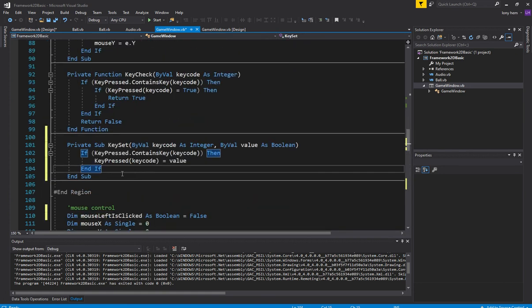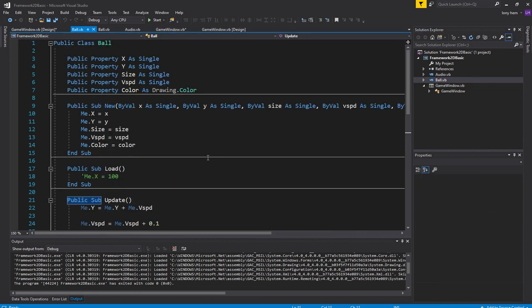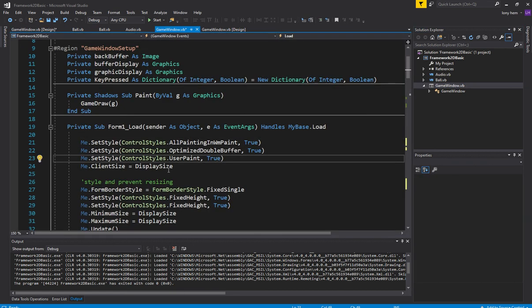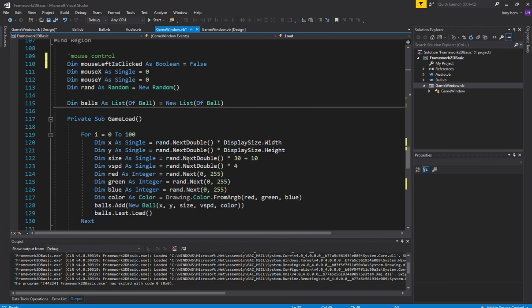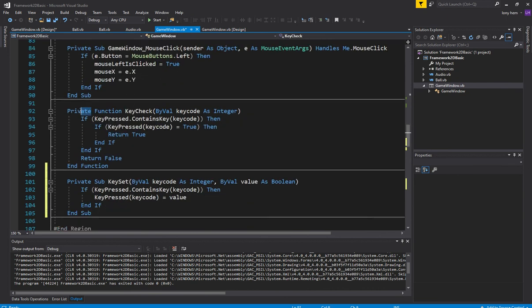So that's something I've added into this particular framework. Another thing I want to add in is these things are private, so I can only use them in the game window. But what if I wanted to use them directly from my particular object here? I wouldn't be able to do it from here, and I want to be able to do it from anywhere. So I'm going to make these two public